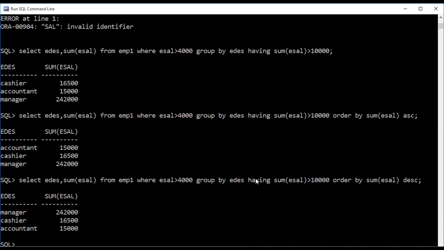And one more thing to remember: whatever action you perform, the overall query should end with order by. Whatever query you perform, however large the query is, you should write order by only at the last. That means order by should be placed at the end of the query only. Clear? So this is about where, group by, having, and the difference between where clause and having clause.